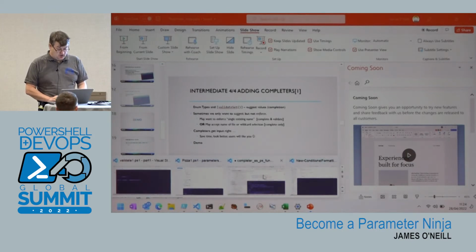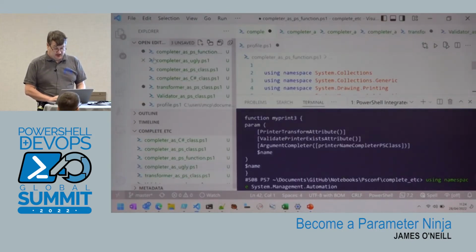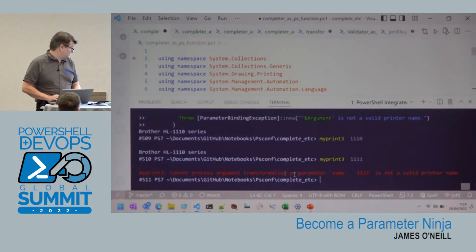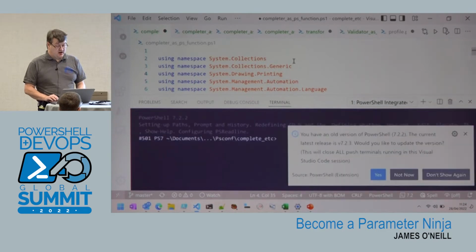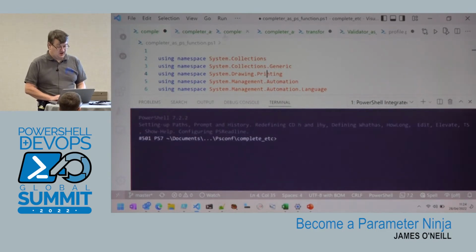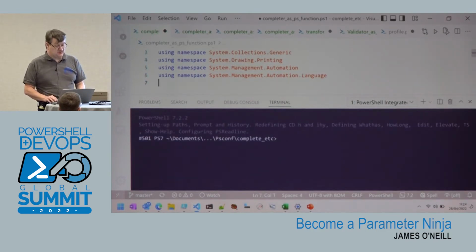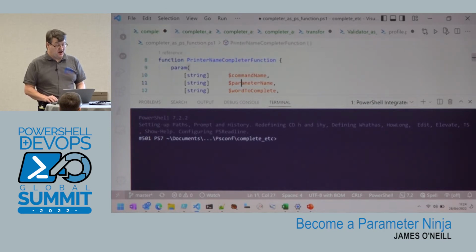I have got a little function here, and making this fit sufficiently large text is going to be just a wee bit of a problem, but yes. So at the top here, I'm defining some namespaces just to keep this simpler, and I've got a function here called printer name completer function.